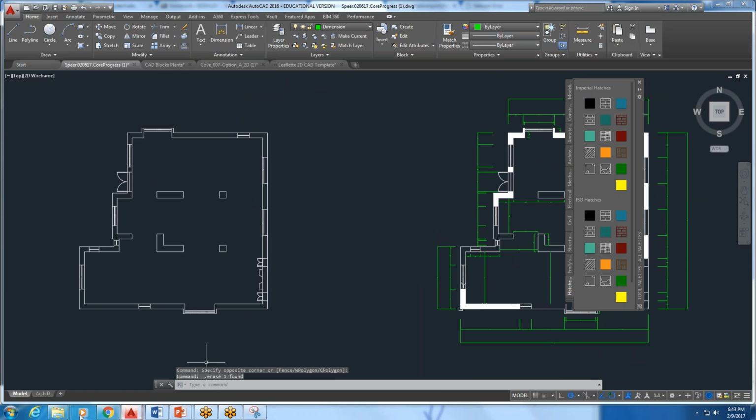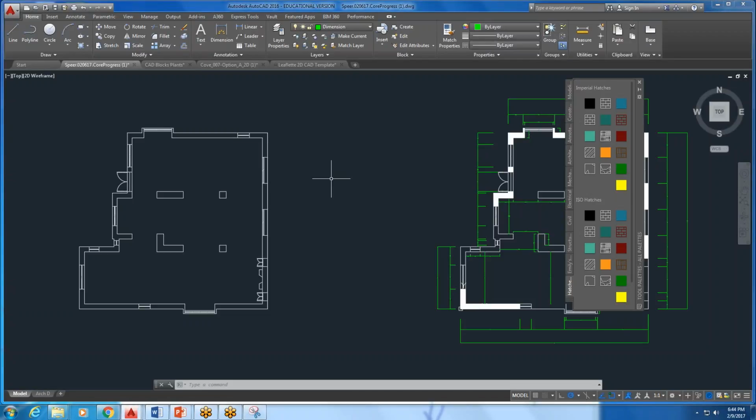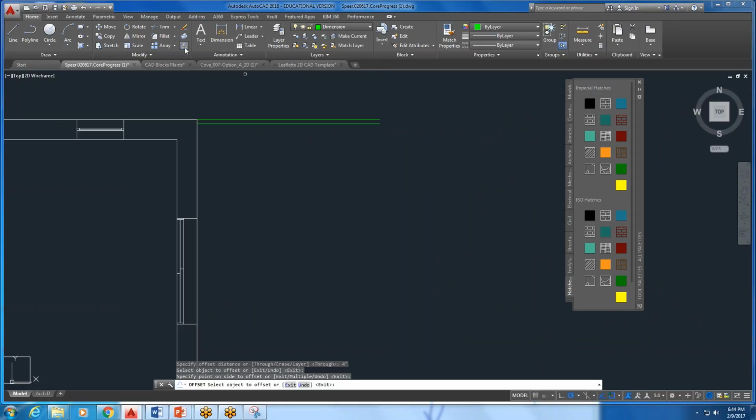I have all my little PDFs open, and I'm going to look first at the smaller one because that's the one I'm concerned with. So 13 foot 8, the railing is 4, and then 8 for the first board, and then 1 foot going all the way down. So 13 foot 8, then 4, then 8, then 1. So if I come over 13 foot 8 inches, enter, then I offset 4 inches, then I offset 8 inches